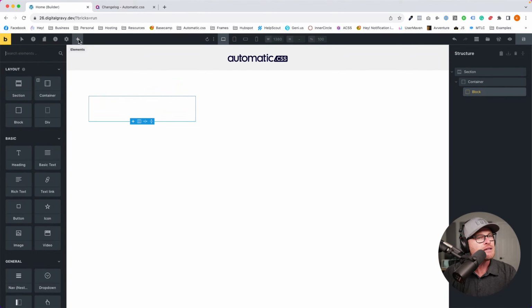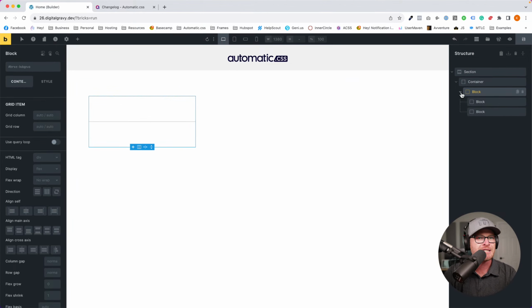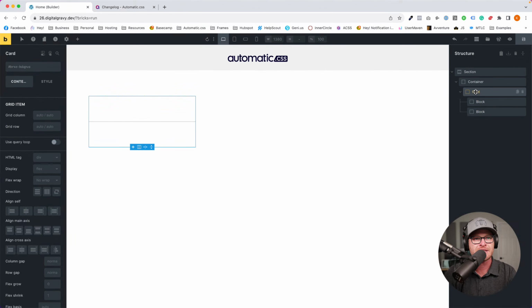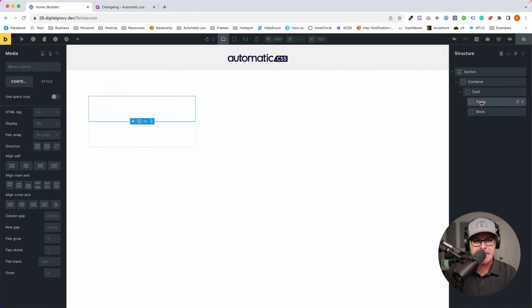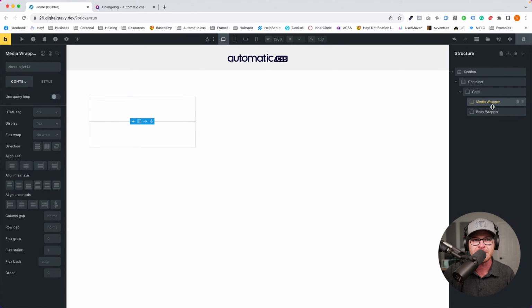Okay, let's not build too complex of a card here. We're just going to build a nice basic card. I like to do a media wrapper here. So we'll just say that this is our card. I love to have a media wrapper, and I love to have a body wrapper because this gives the maximum flexibility for any type of card structure that you want, regardless of whether you want some padding in the body or no padding in the media. This gives you just a general card structure, a ton of flexibility here.